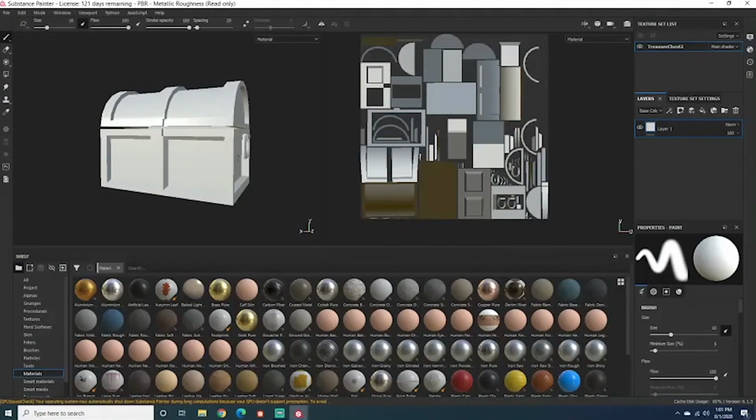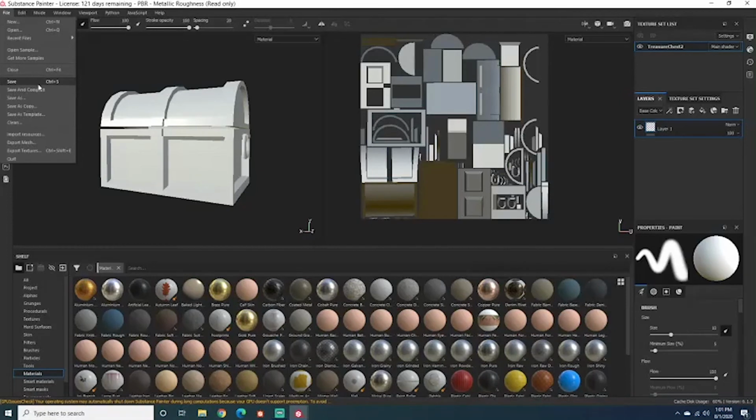Alrighty, now that we have our object imported into Painter, why don't we go ahead and cover some UI and get familiar with the tools that we have available to us. So just starting at the top, we have our File menu. If we go into here, we can create a new project, open any previous projects. We have all of our save options here. We can export textures, and we can also export the mesh that we're working with,